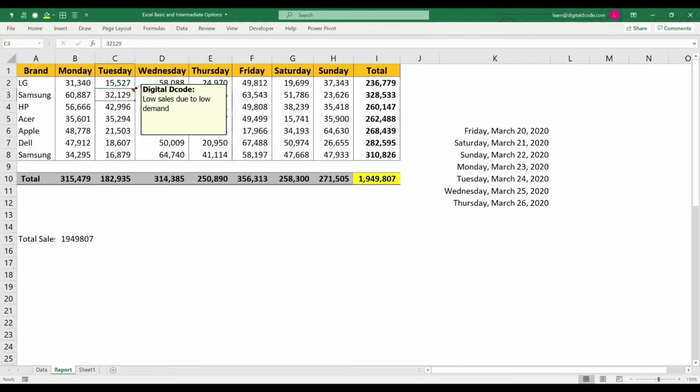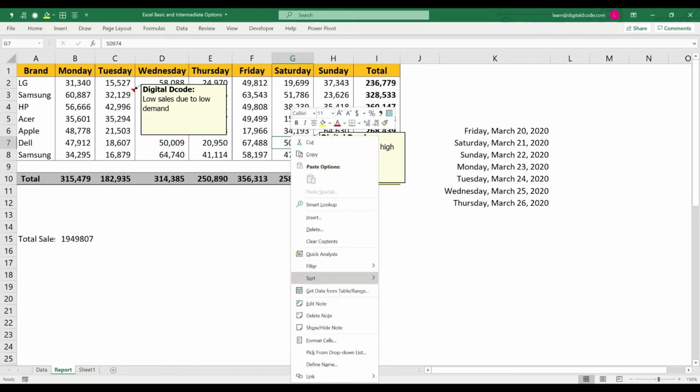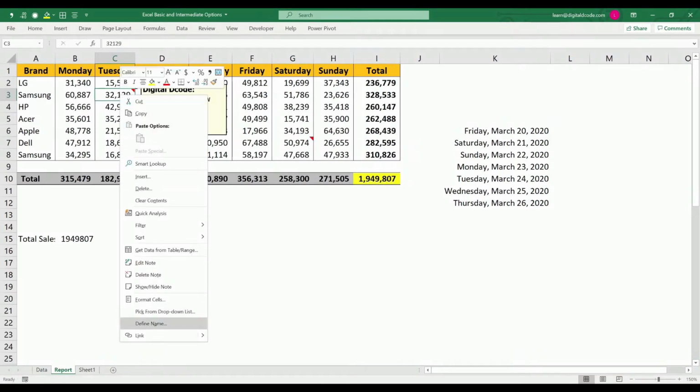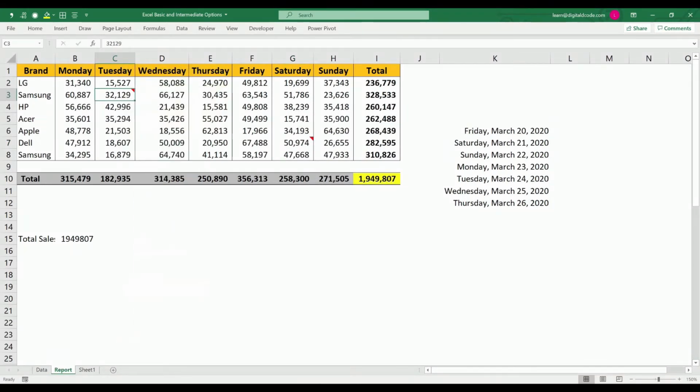Again I update here, high sales due to high demand. So now I have a comment in this cell, and I have a comment in this cell. Let me hide the comment. Here also I can hide. Whenever you want, you can click and see.